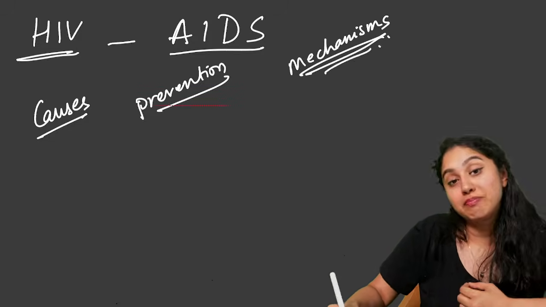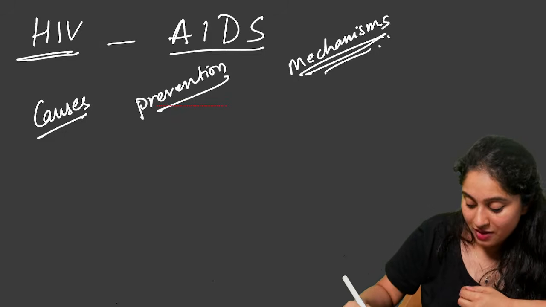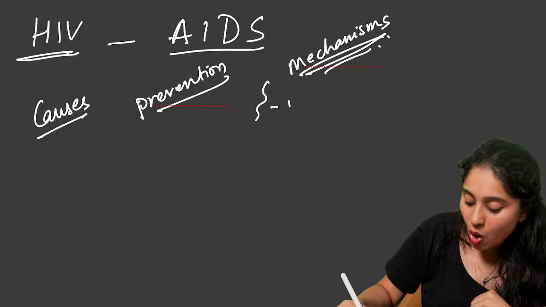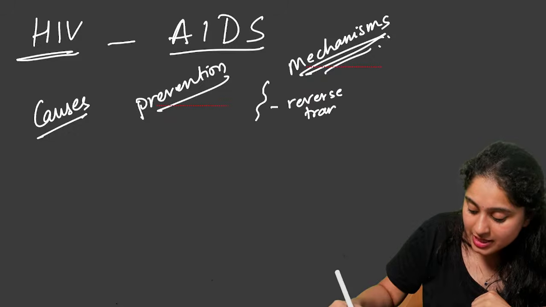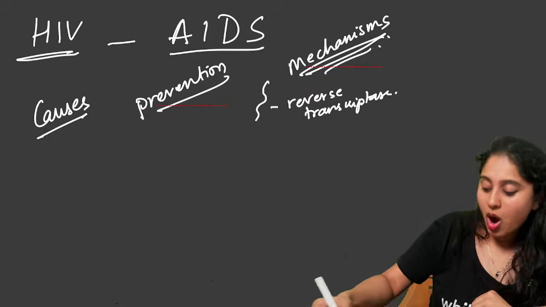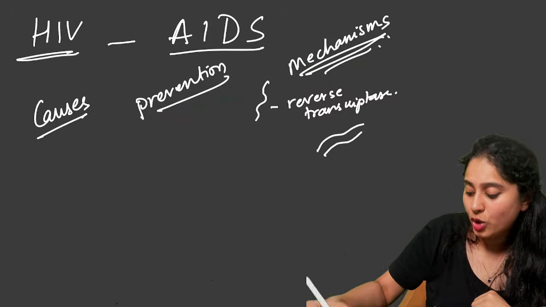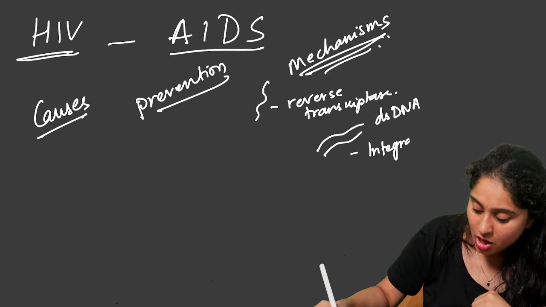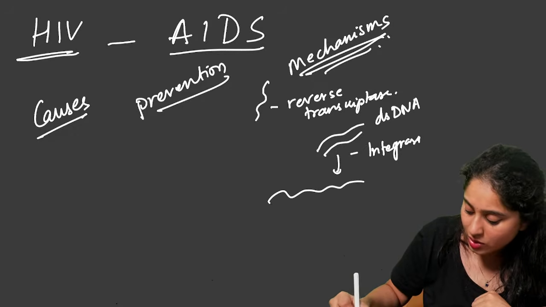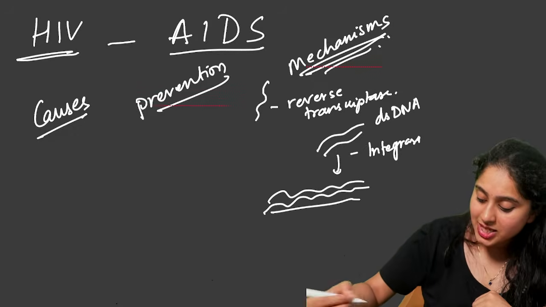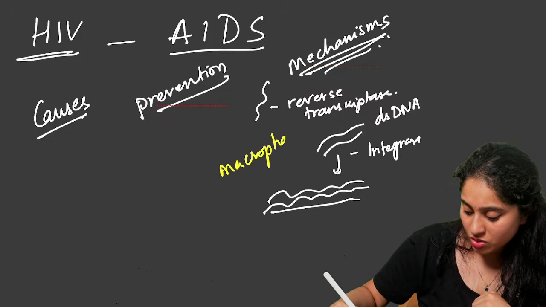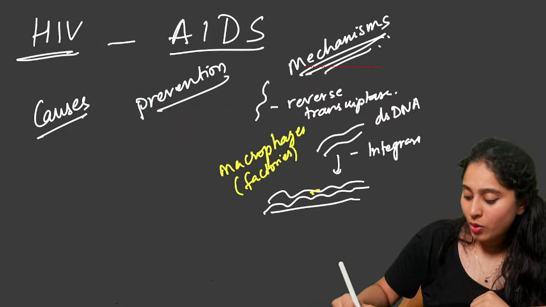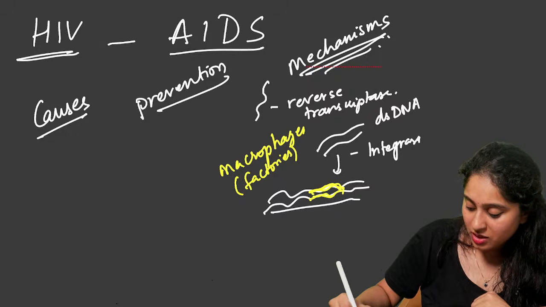So what happens in the mechanism is this particular HIV has a single-stranded RNA along with a reverse transcriptase enzyme. So what this reverse transcriptase is going to do is produce a double-stranded DNA, and then there is an enzyme called integrase which will help it to attach into our genome. So majorly this guy will go and sit in the macrophages, which are basically the factories of HIV. This guy will go and tell, bro, I am your DNA only, bro. I'm just here. Believe me.